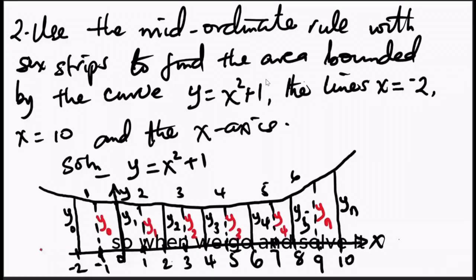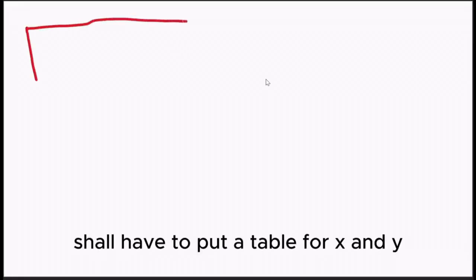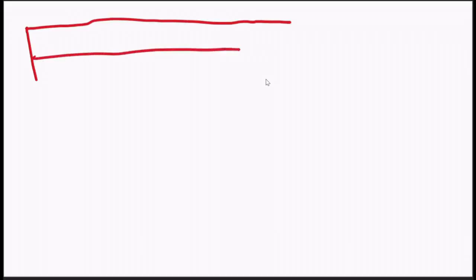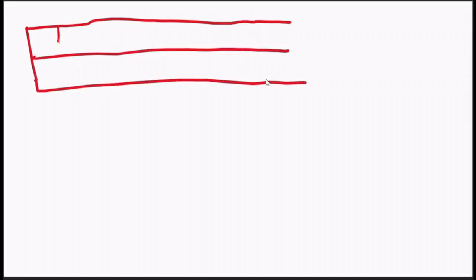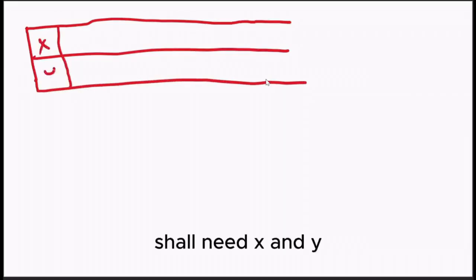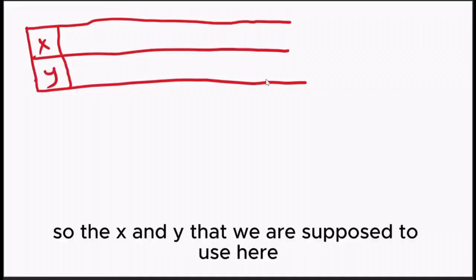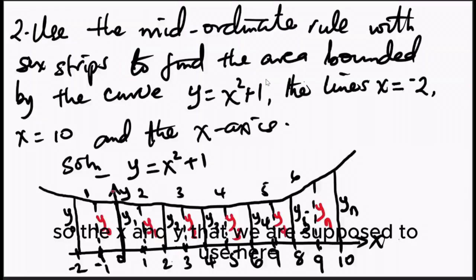So when we go and solve it, we shall need to create a table. You'll have to put a table for x and y so that we can find the values of y that we need. So the x and y that we are supposed to use here